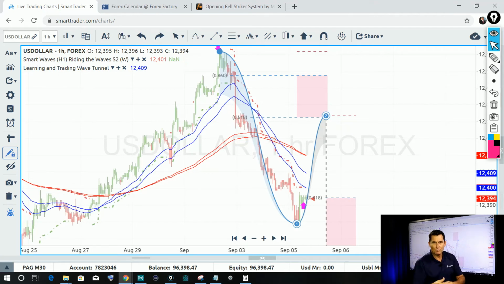So this is how we break down a technical analysis, take fundamentals, combine the two so it makes sense to us. So that if we do start seeing a rally in the dollar index tomorrow, then just understand this. This is all technical based. And we're going to be paying attention to that in tomorrow's video. We're going to talk about it in the live market. We're going to have a discussion around that.